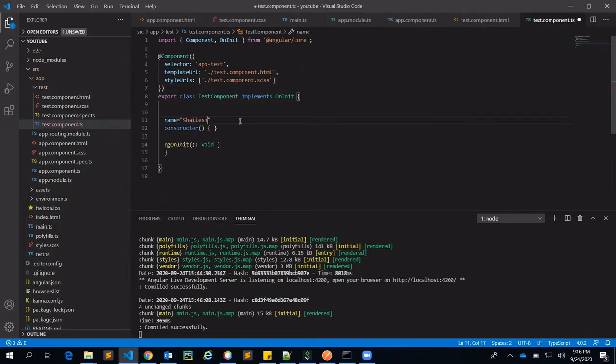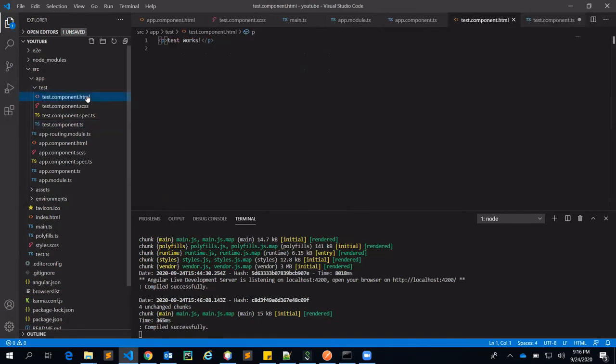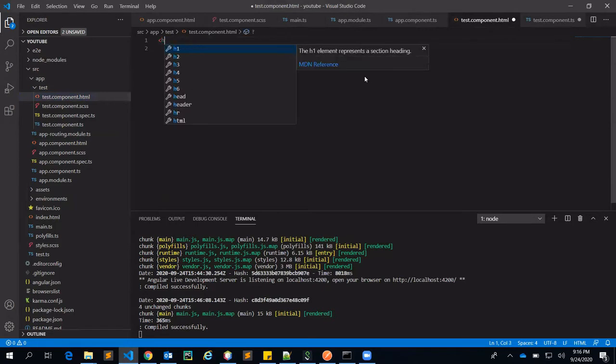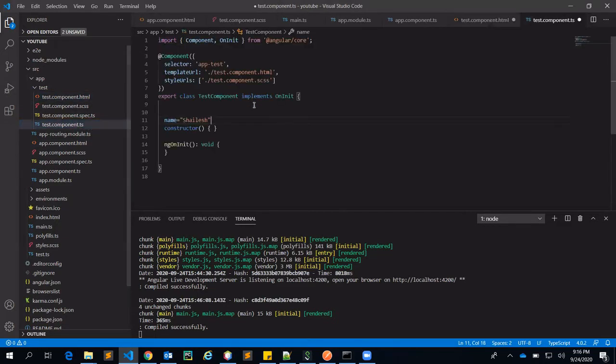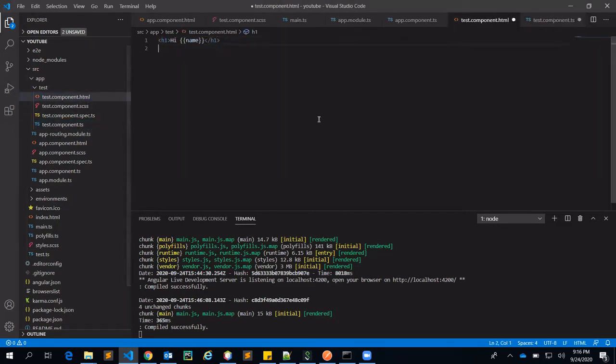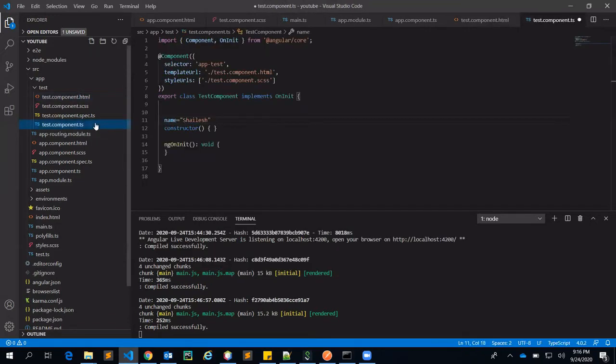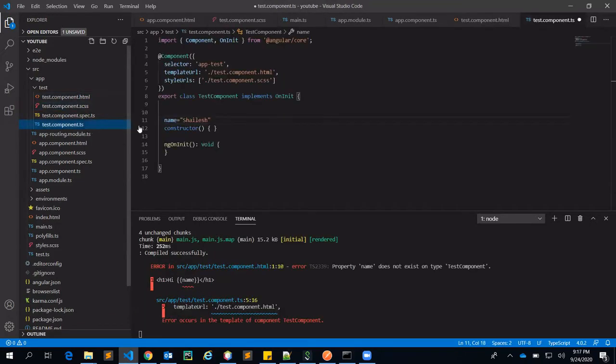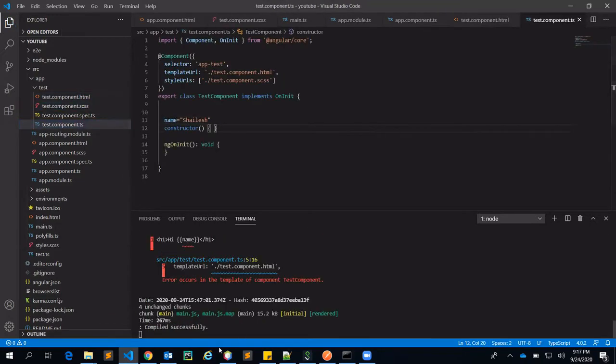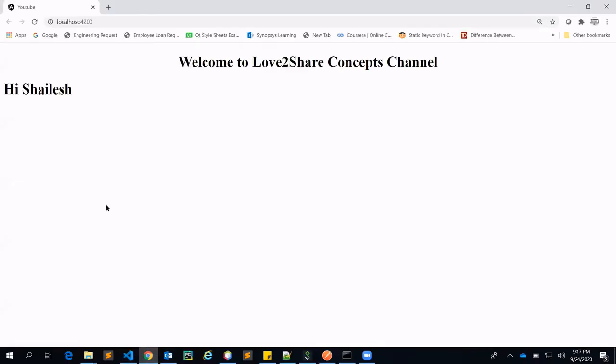I'll refer to this in the template: hi, and then I refer to this name. So this is the interpolation. I'll save it in the .ts file too. Both have been saved, and now you can see hi Shailesh.